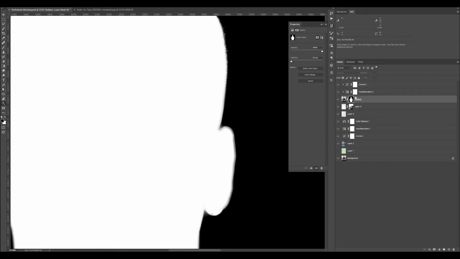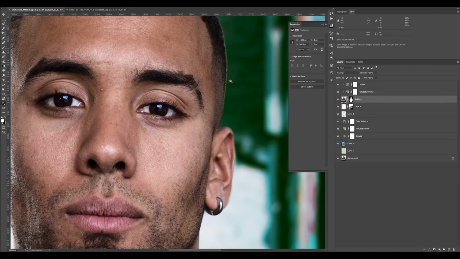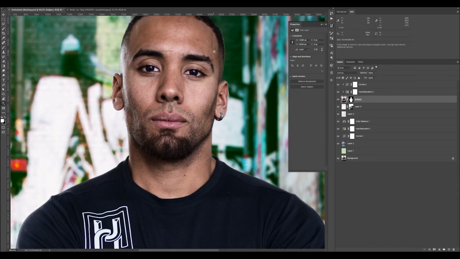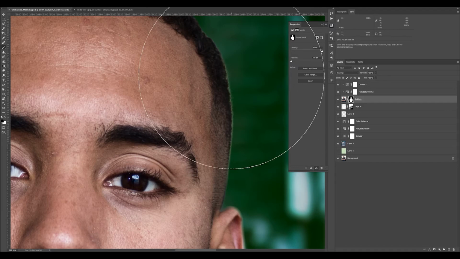So what I'm going to do is I'm going to go back to my mask layer and I'm going to add a contrast curve to it, just to eat up some of that darker area. And so that's less of a white glow. And slowly getting there. We could obviously fix that manually if we just kind of start looking at our